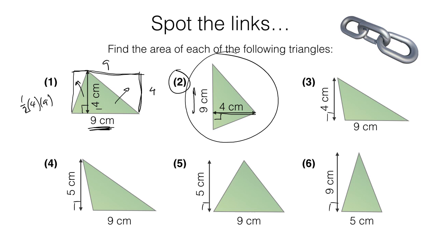And so this 4 couldn't serve as the base because it's horizontal, but it's not a base of the triangle. So the 9 would have to be the base, and then this would be the height because it's the perpendicular to that. So when you go back and look at that definition, the base needs to be a side of the triangle, but there's nothing that says that it has to be a horizontal side,